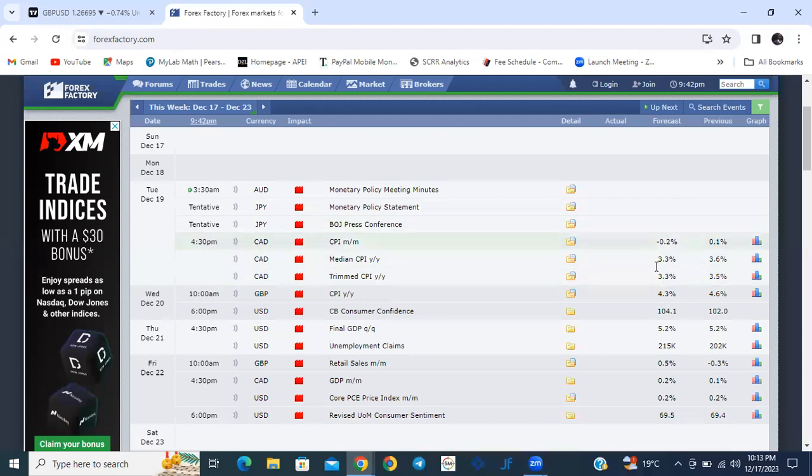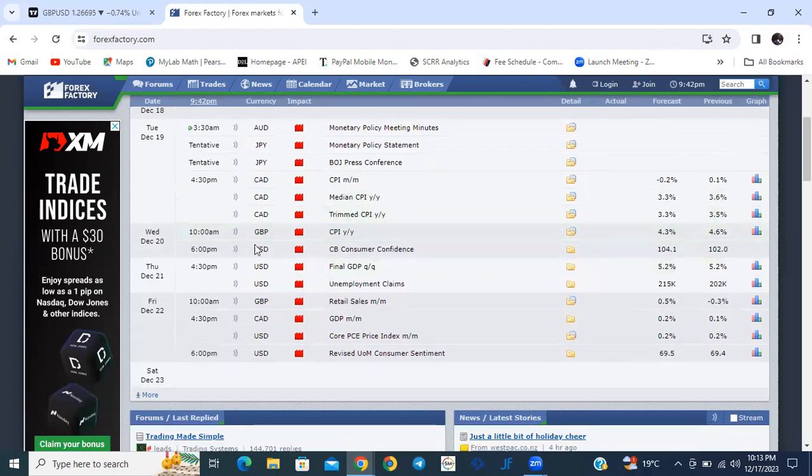to decrease. So we know that if CPI decreases, then the banks will tend to lower maybe the interest rates, and if the interest rates are lowered, we know that is negative for the currency, because the currency will tend to weaken. Okay, so we have GBP CPI. They are anticipating a decrease from 4.6 to 4.3, meaning that GBP might weaken if the news come out